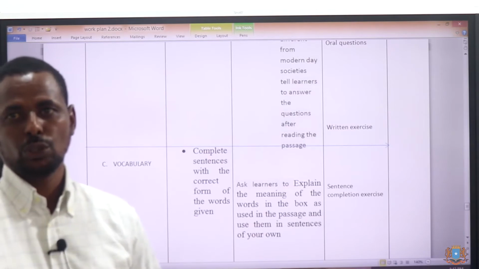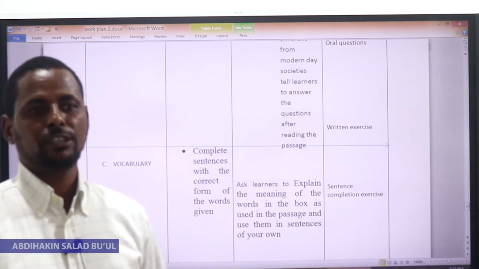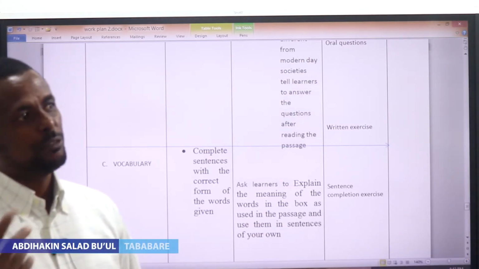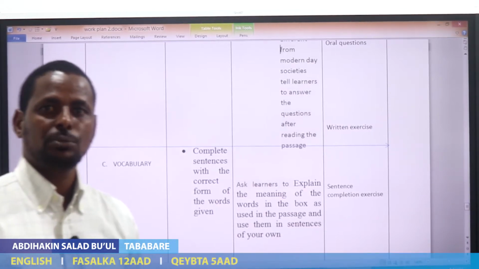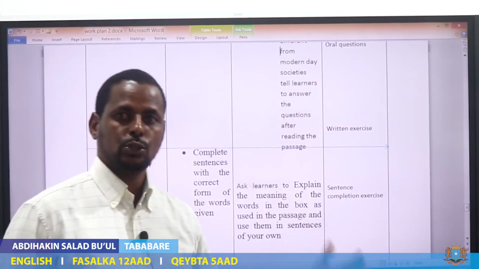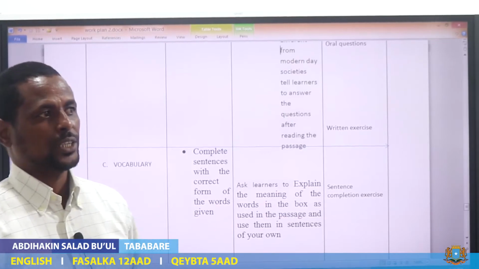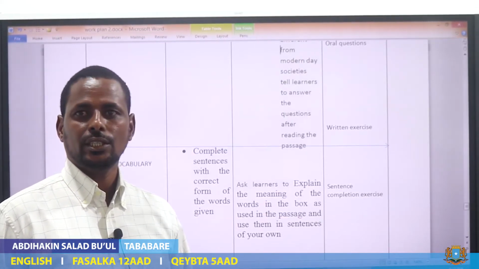When you have asked them these questions, you brainstormed, they have developed interest, they will give you many answers. What is the difference between the societies in the past and modern society? In terms of